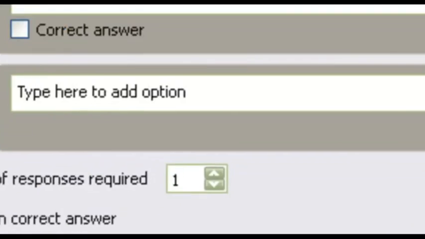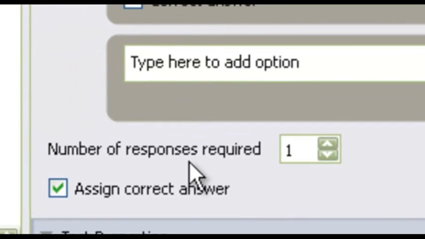For secondary teachers, you can also click the pi button and enter an equation if that is one of your answers. The other thing you need to choose is how many answers are correct. You can have all of them right or just a few of them, but you need to set how many they need to answer. By default, it'll be set to 1, but if I wanted 2 answers, I would scroll this up to 2 or 3 or so on. And I need to make sure that the Assign Correct Answer box is checked so that ActivInspire knows there is